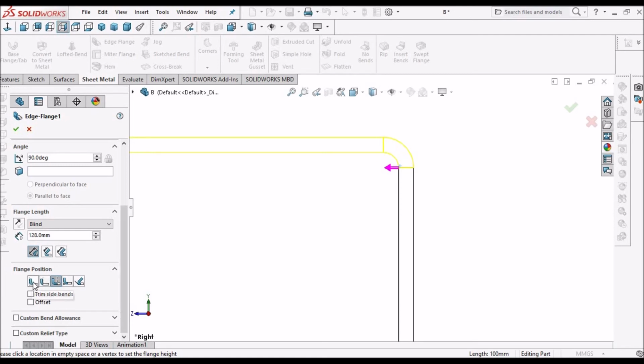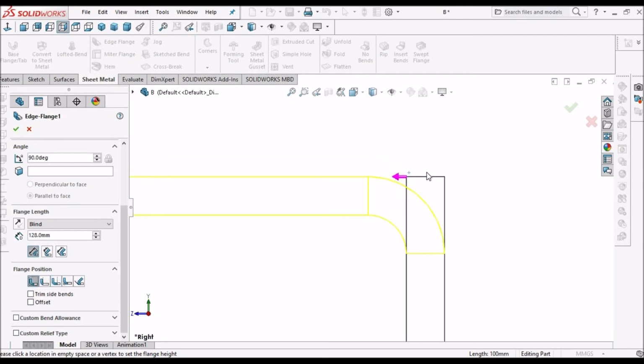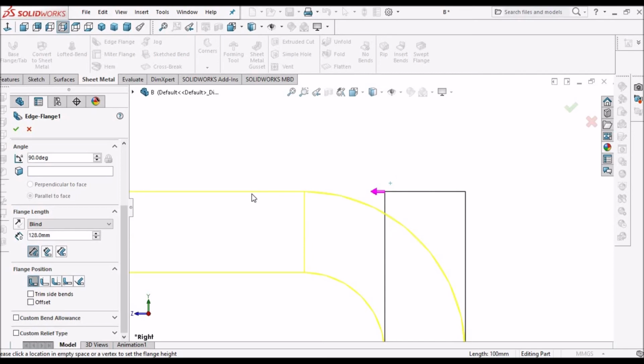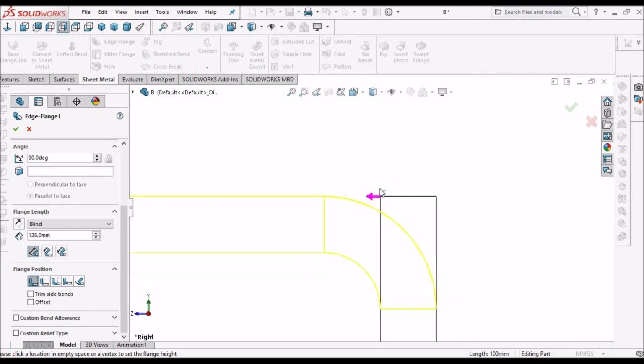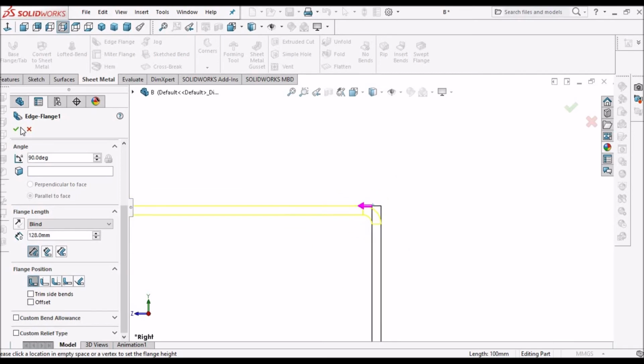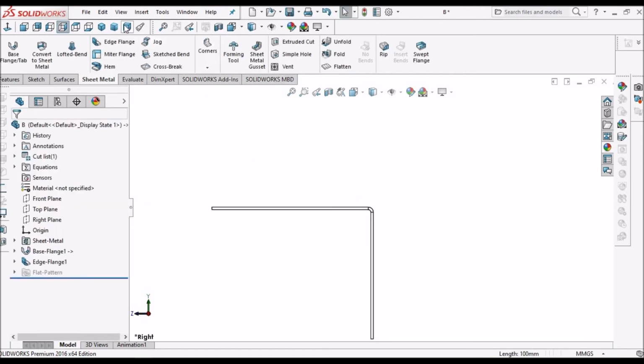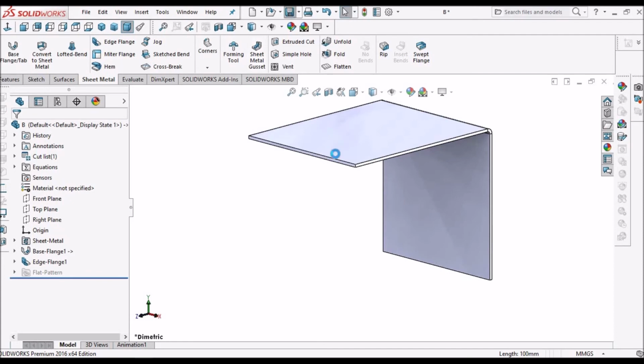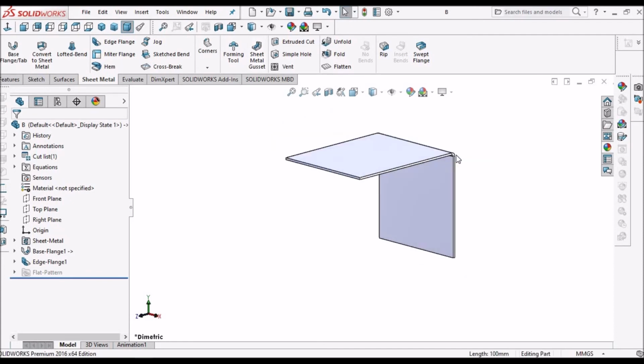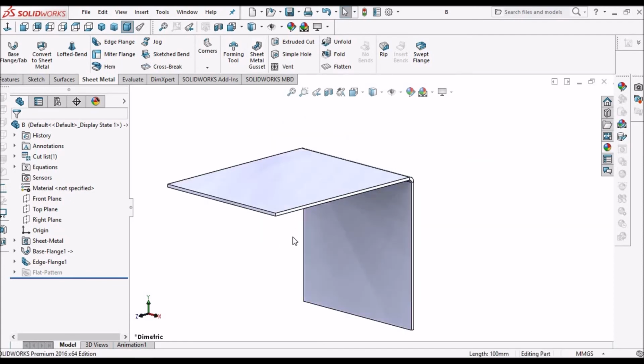So what we have to do is choose this. This edge has to match this flange outer edge. Say OK. So the edge flange is created in the new component, which is in gray color.